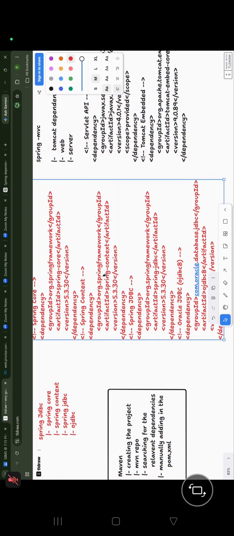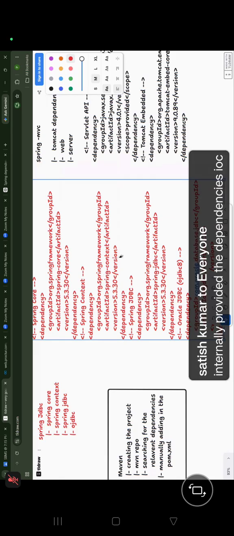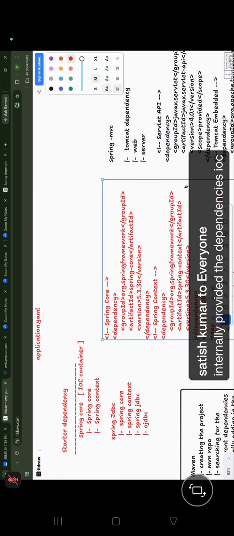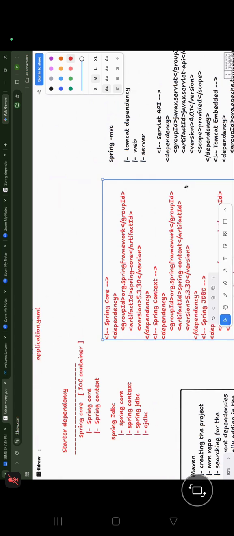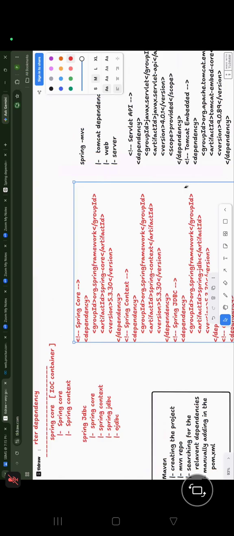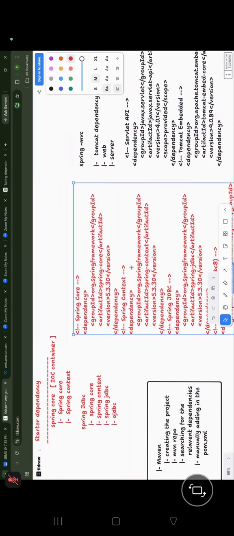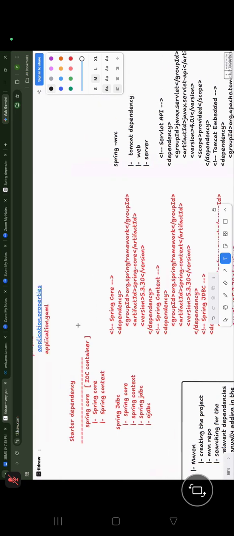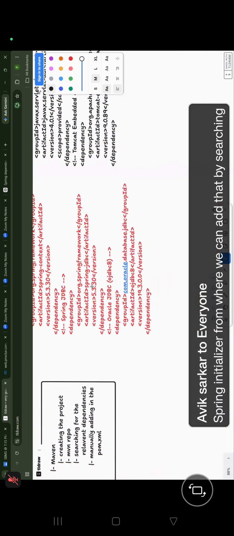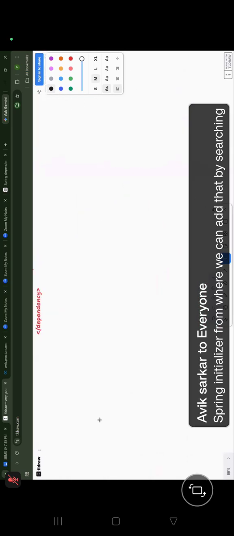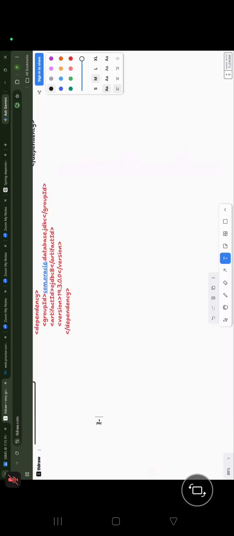Instead of writing that many POM XML entries, if there is only one, then that will work out or not, guys? Instead of writing all those things, suppose if there is only a single one, then it will be very less trouble for me. So that request was accepted by Spring Boot. And Spring Boot is telling, okay, do one thing. You want to use core. Okay, you want to use the IOC container, normal programming, use Spring Boot,